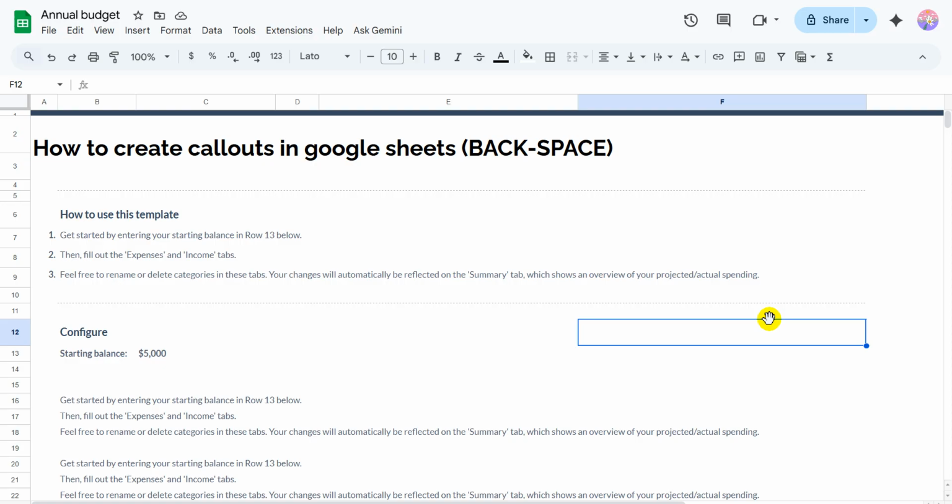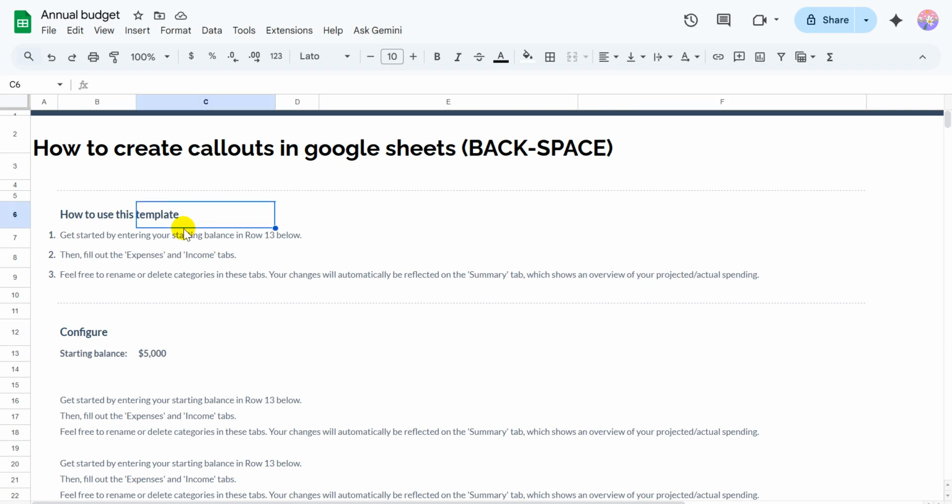Today we will learn how to create callouts in Google Sheets. So let's get started. Firstly, you have to open your Google Sheets software and we can see here some text. Now you want to create the callouts to this